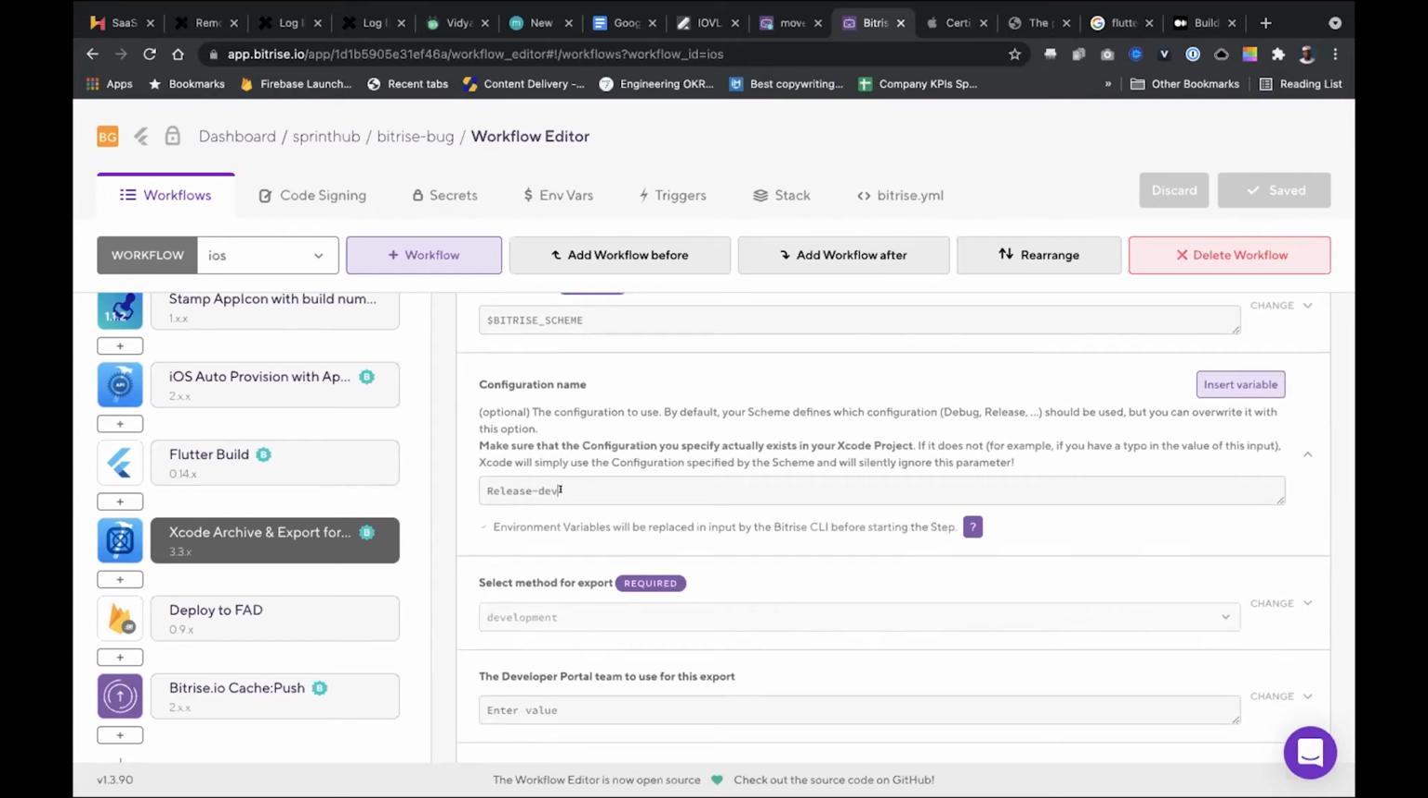If you skip this step, your build might use the default configuration name that's on the Xcode iOS project, the one that was configured from Xcode. So filling in this configuration name will actually enable you to switch between different workflows, different environments or flavors for your iOS project. So if you have release dev, release